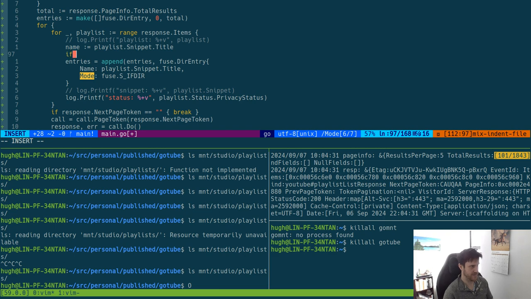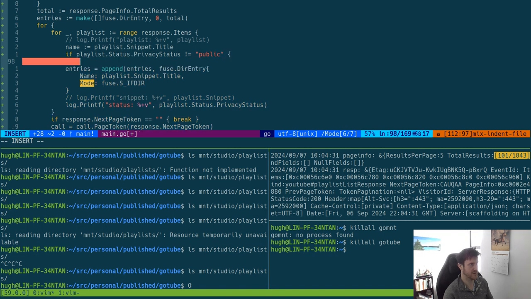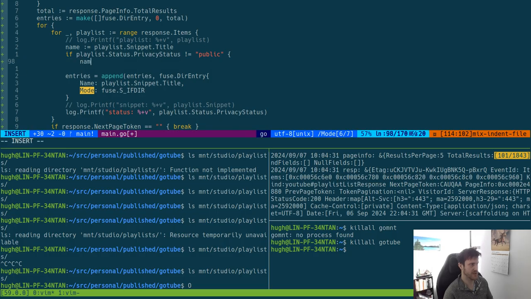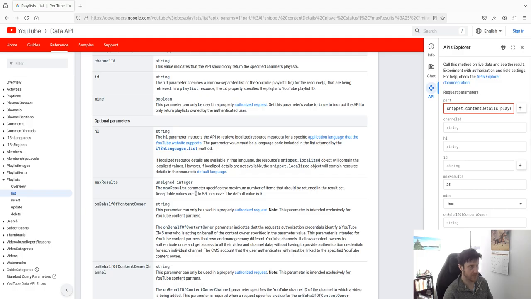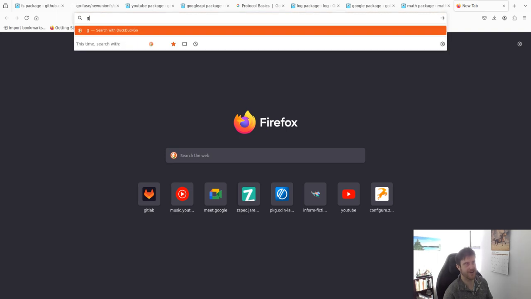And if playlist dot status dot privacy, status, I might just do not equal public. So if that's the case, then we want to prepend name. So name's probably going to be name equal